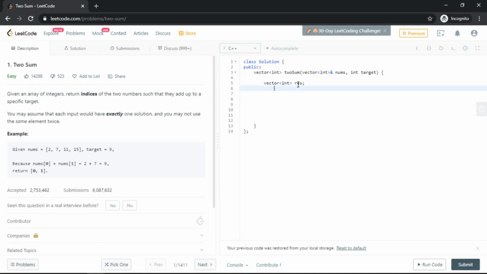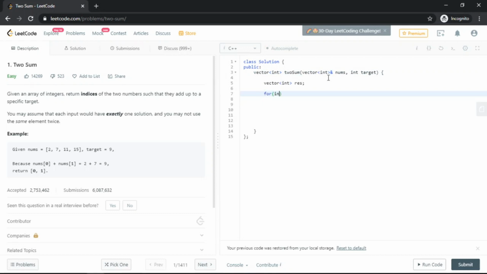Next we'll traverse the vector that is passed as an argument to this function. You don't need to write the whole solution, just write the solution in this function and return a vector of integers. So let's traverse the array first.